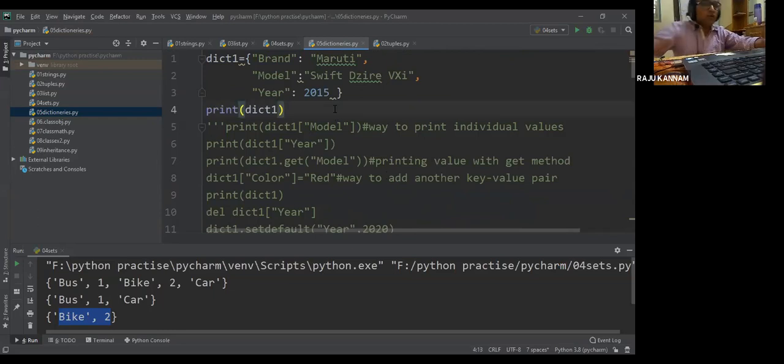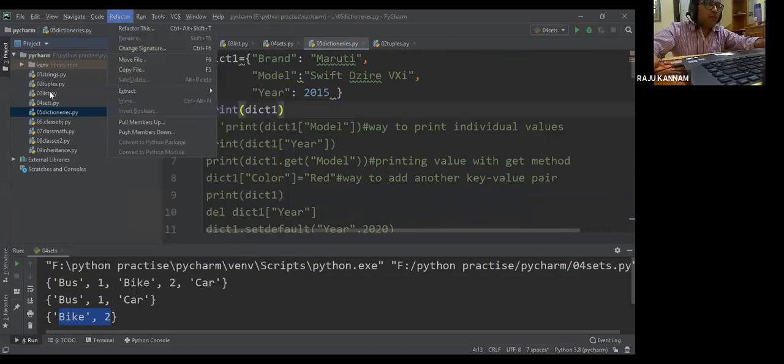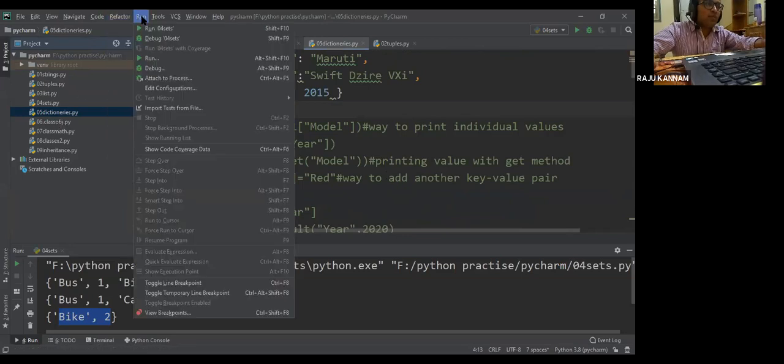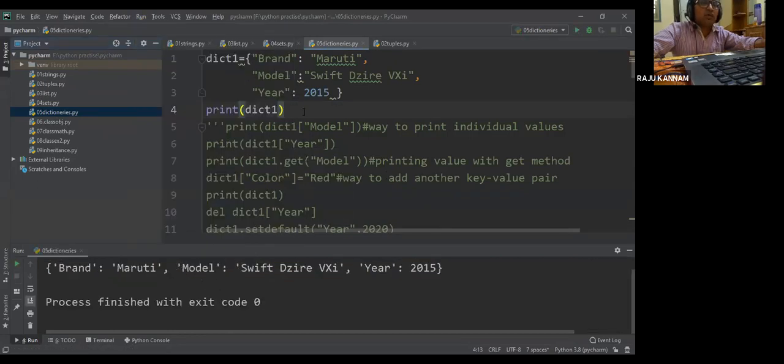Right. So now I'll print it. Here, run. And remember, when you are running, if you are in PyCharm and you are having multiple programs, for example, now this time I'm running the fifth program. Previously I ran these four sets, right? So now I want to run this particular fifth program. For that you click on run and select the program. So now, dictionaries.